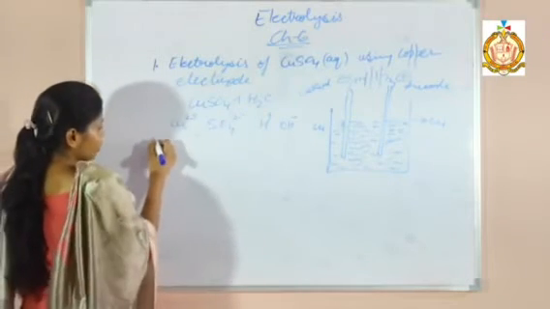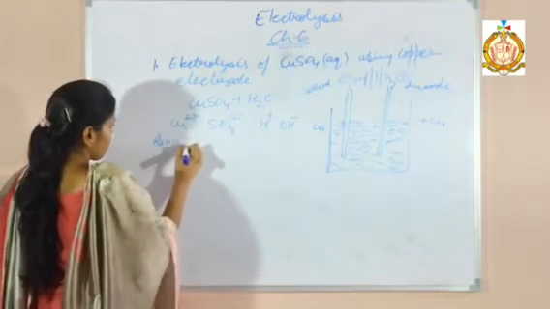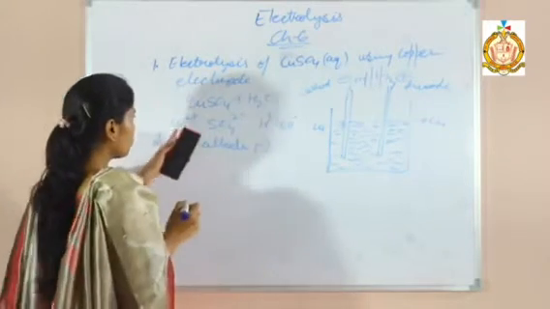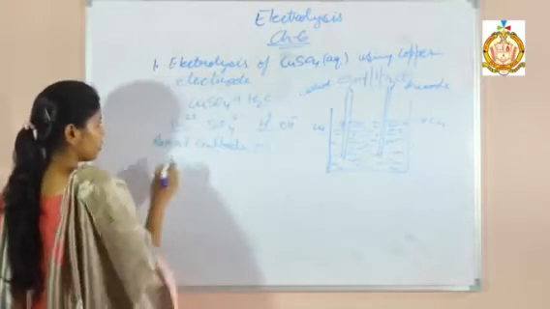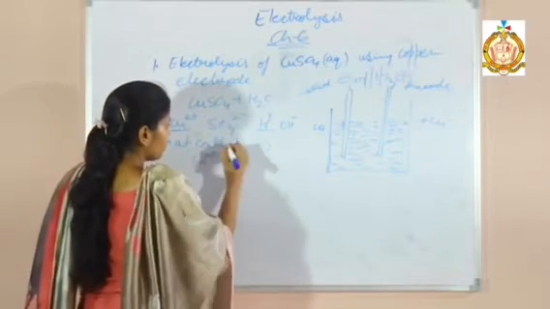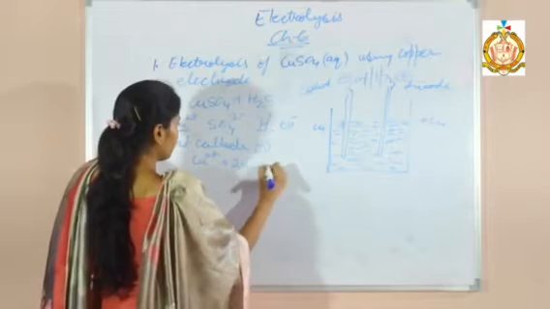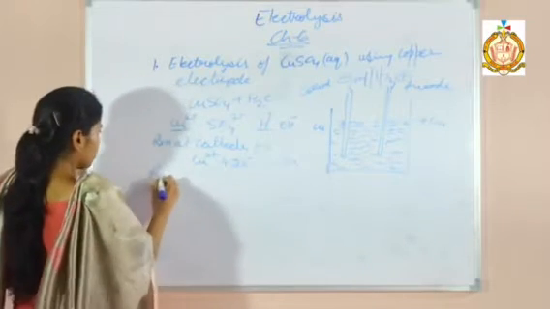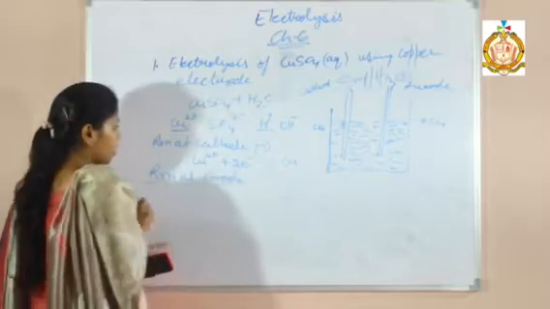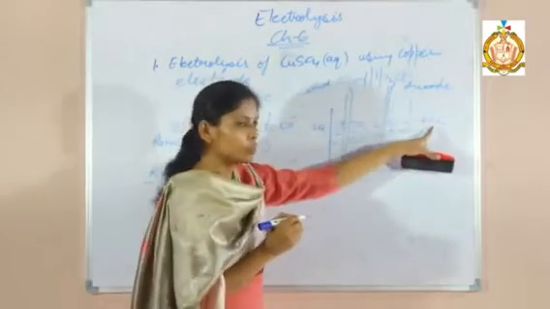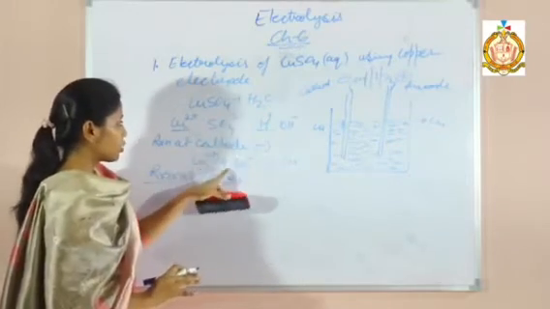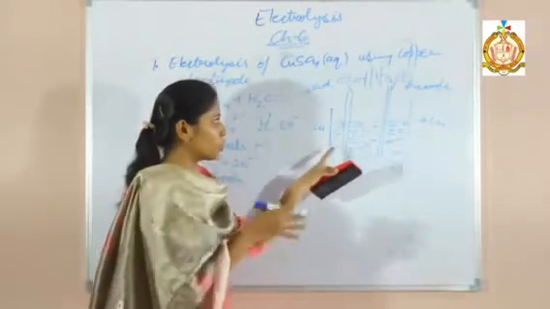Let's write the electrode reaction at cathode. Negative. So which will move toward cathode? Either this or this. Lower position is copper 2 positive. So copper 2 positive will move toward cathode and it will become copper neutral. Now reaction at anode. This is different. Now anode is also active. There will not be any difference with the previous example for the cathode reaction. Cathode reaction will be the same as we have written for the previous example.